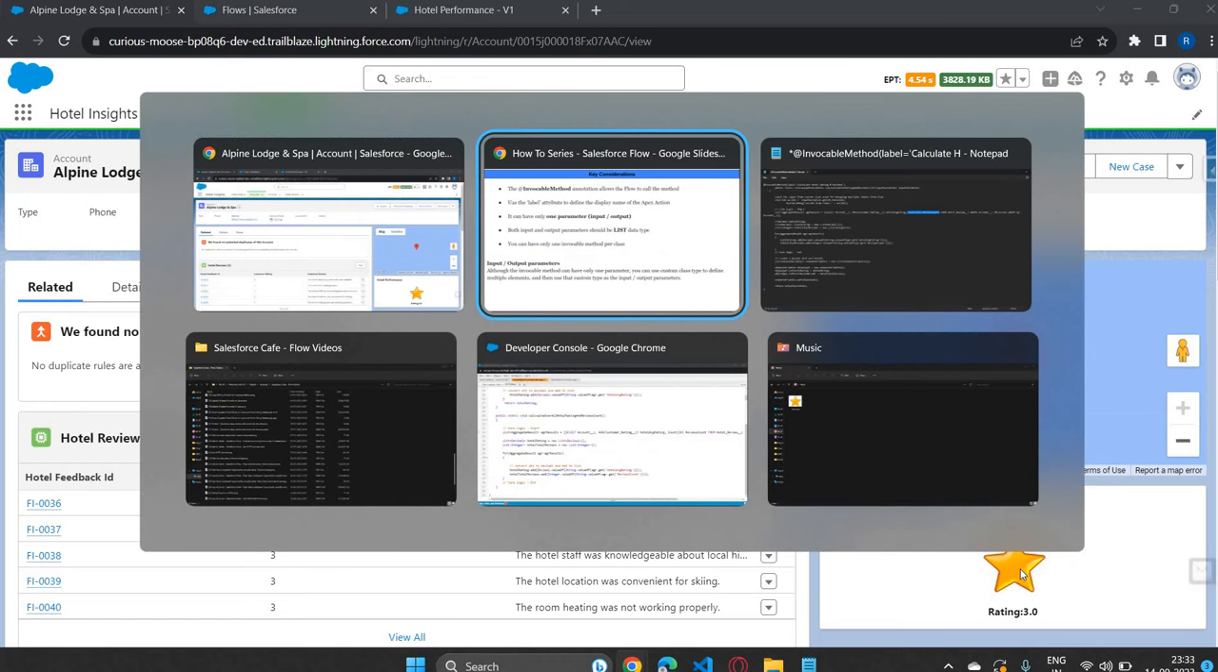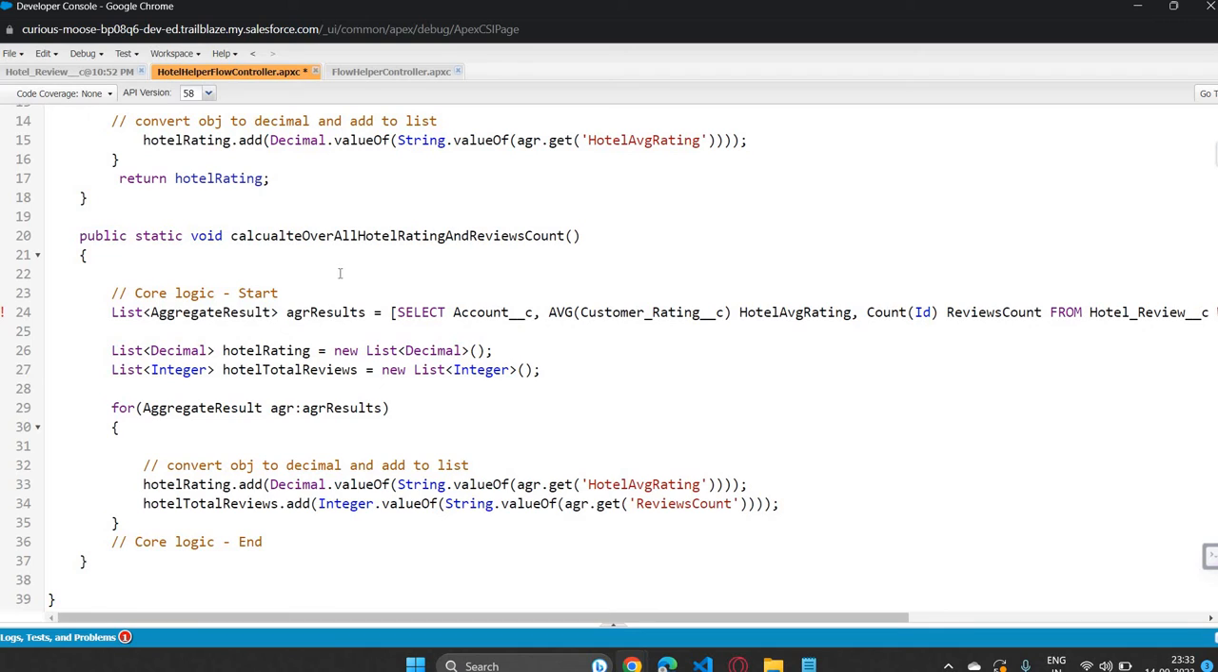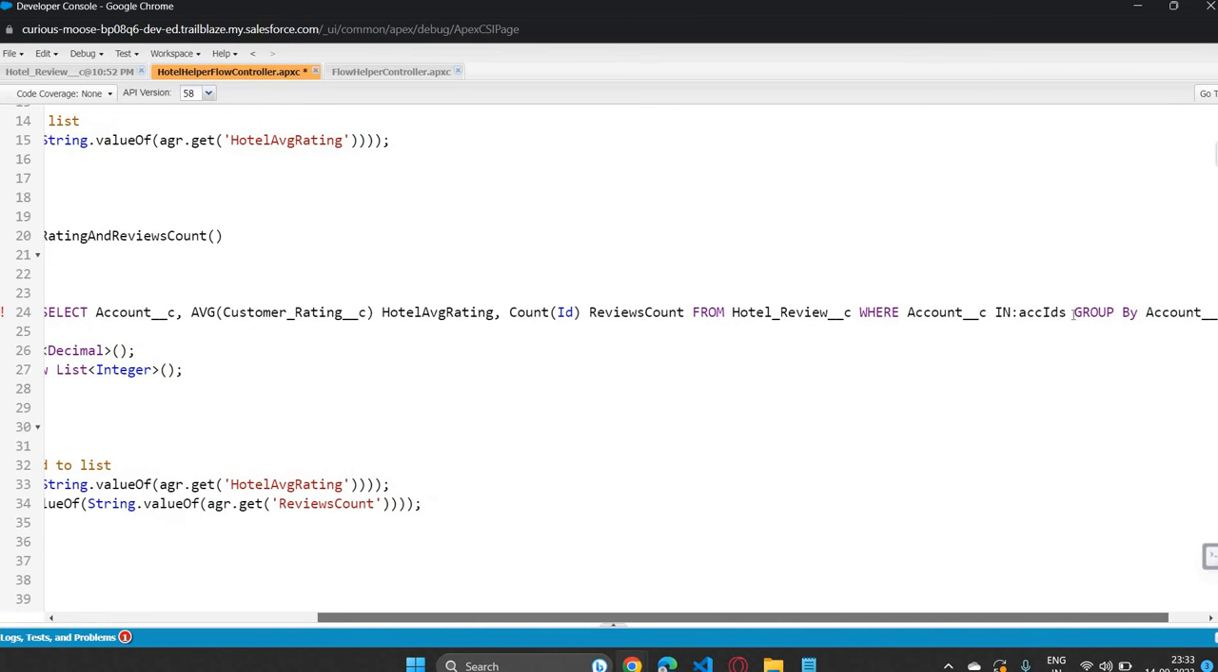If I go back now to my developer console, this is the method that I'm planning to create. This is the core logic. As per the core logic, I'm going to use an aggregate function, which will calculate the average customer rating and also the total reviews count for a given account ID. I'm using an IN condition and then an account ID set. Why? Because